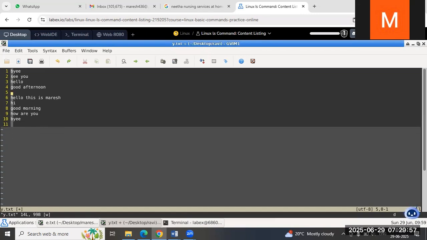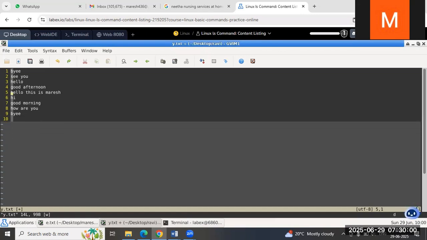DD. Whatever the empty lines, if you want to delete, you have to press DD, so that this entire thing gets deleted. Only DD will delete only a single line. Okay, right. So if I want to save it, escape, colon W,